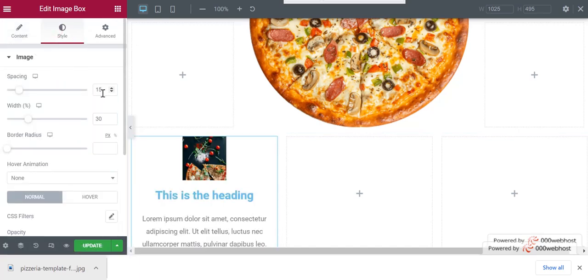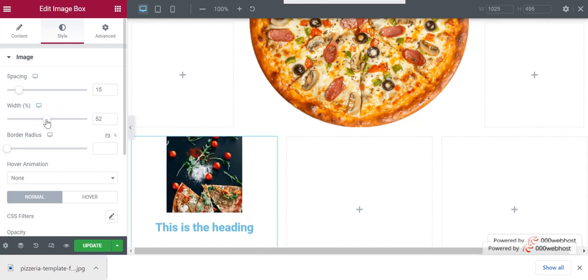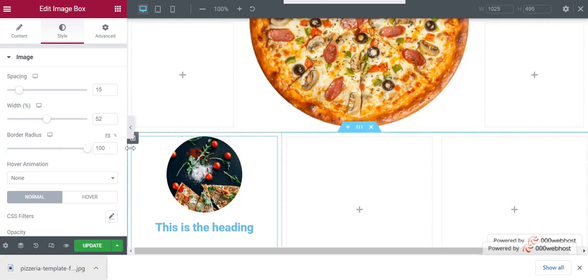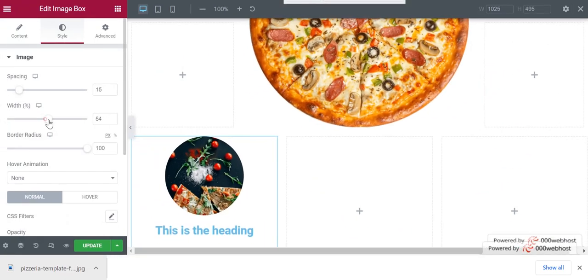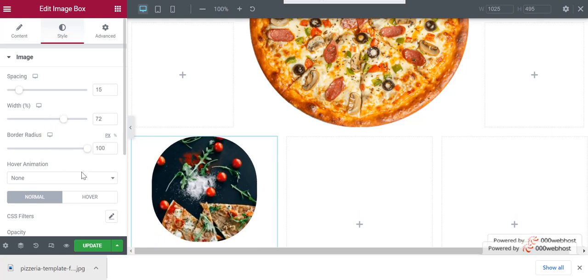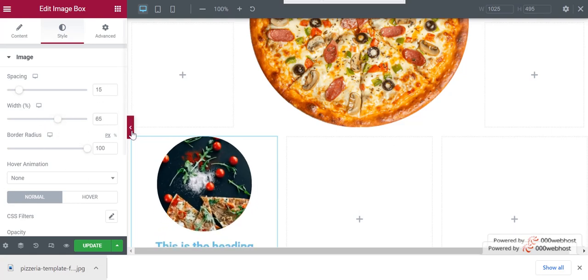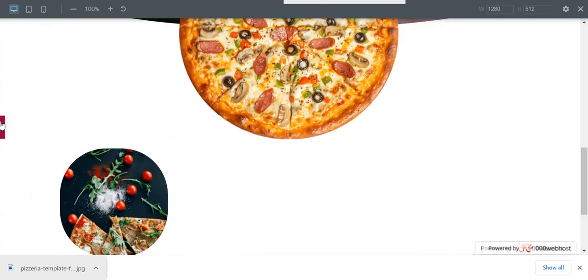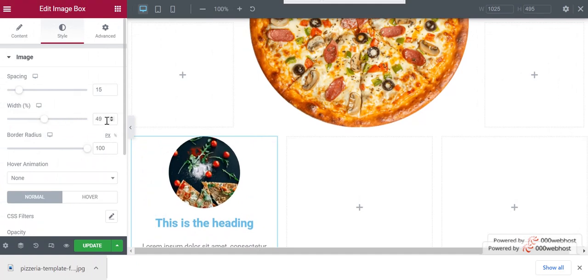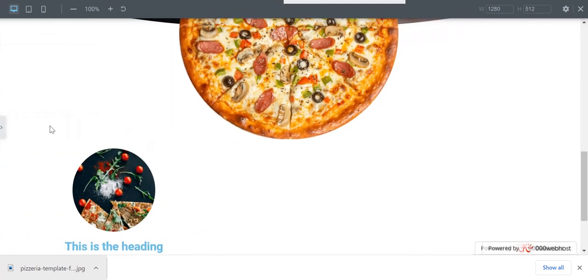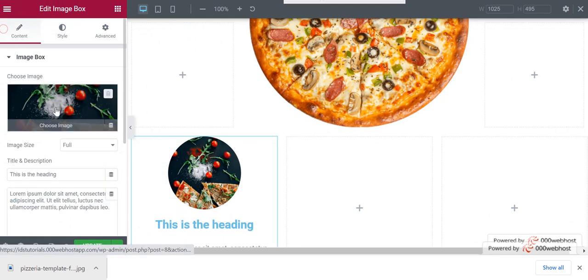Go to style, and here you can adjust the width of this image, and here is the border radius. So now make it 100%, and it's rounded. Okay, you can also increase the width of the image. Make it 50. Okay, now it's good.